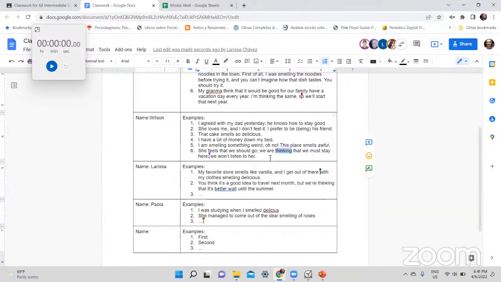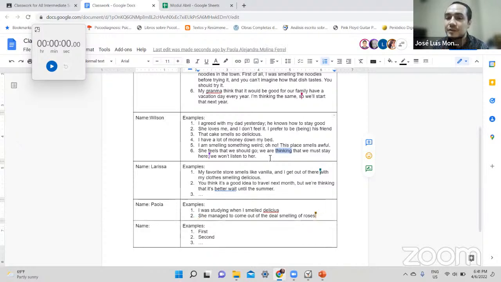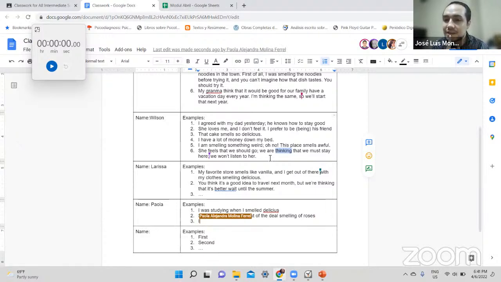To consider. Okay, good, exactly. I also believe the same, that the best replacement is consider. So if that's the case, try to work on something a little bit different, Wilson. Why? Because grammatically speaking, in this case, think will be a little bit incorrect if you say we are thinking that we must stay here, because it's like